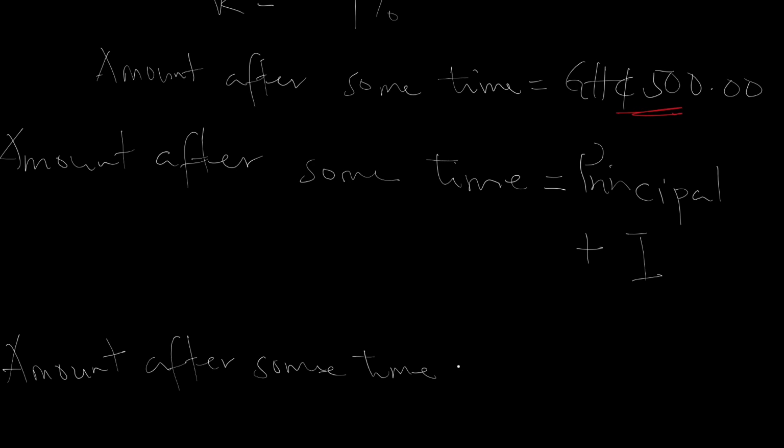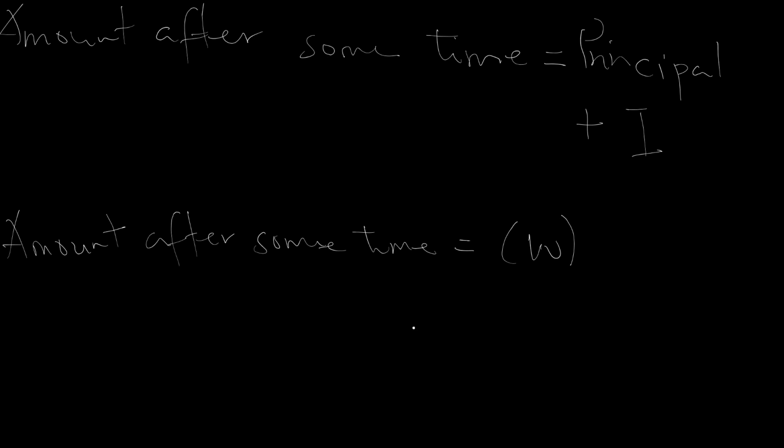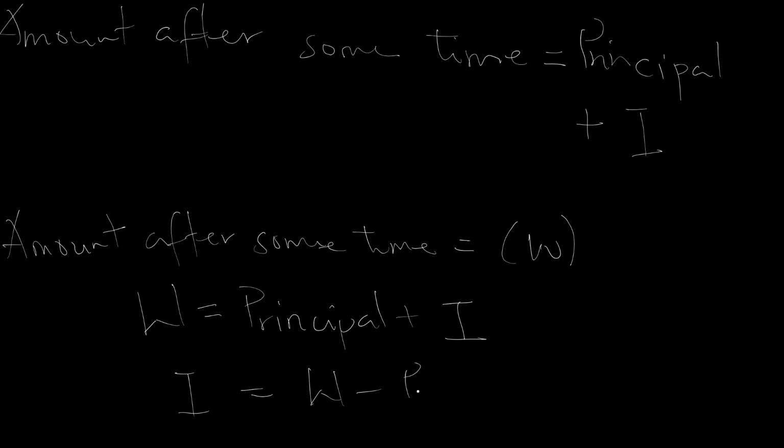Let's just say that the amount after some time is W. So W should be equal to principal plus the interest. So our interest will be equal to W minus principal,